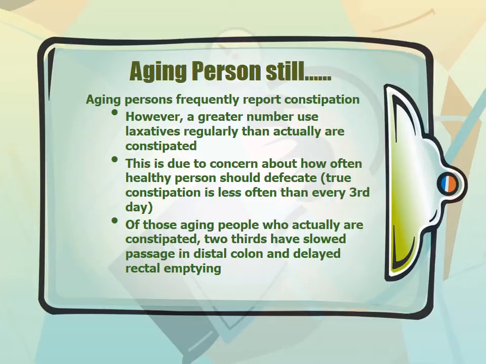Of aging people who actually are constipated, 2/3 have slowed passage in the distal colon and delayed rectal emptying, which also contributes, unfortunately, to that. Some of the most common causes of constipation in an older person are, of course, as I said, decreased physical activity, their change in diet, which usually is that they have a low fiber diet, side effects of medication we kind of already talked about,